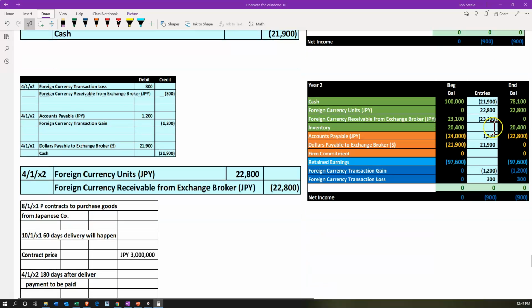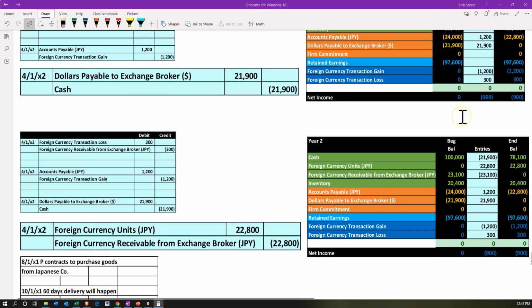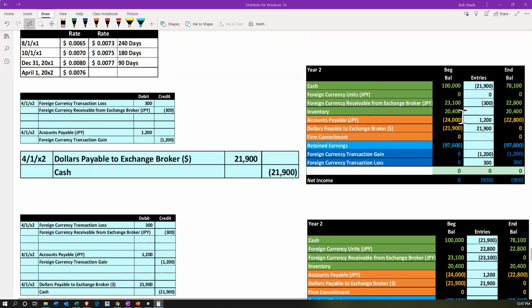Next transaction is going to be the second part of the forward contract. Remember that all transactions are up top, and then this is the one we are working on. All of them are included in the entries column here. Okay, so before we do this one, let's go back up top and think about where we are before that transaction again. We're going to do the other side of the forward contract, which is this foreign currency receivable from the exchange broker. So they owe us